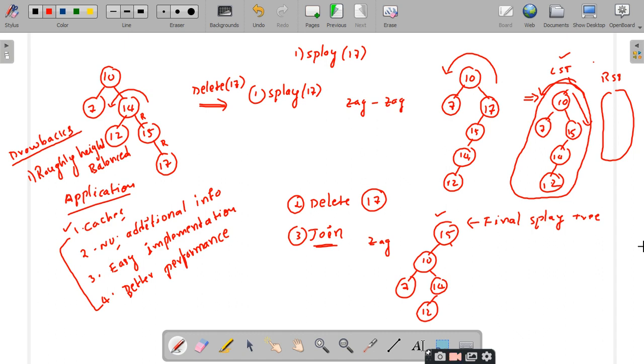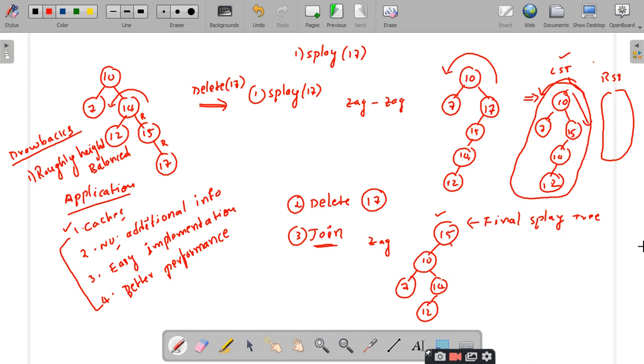Theta, omega and big O, sir. Yeah, please tell me whether theta is the worst case time complexity or average case time complexity or the best case time complexity? The average case time complexity, sir. Super, right.